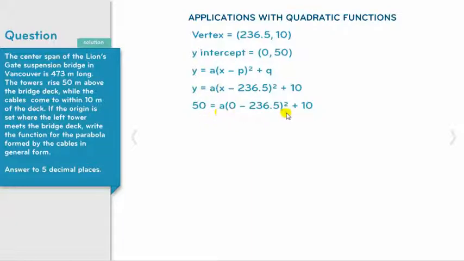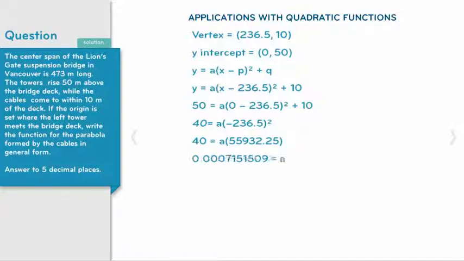At this point, we know everything in our equation except for a. So now we're going to do some algebra following our order of operations and solve for a. The first thing that we're going to do is subtract 10 from both sides. So subtracting 10 from both sides leaves us with 40, and 0 minus 236.5 is negative 236.5. Now I'm going to take that negative 236.5 and we're going to square it. When we do that, we get 55,932.25. Dividing both sides by that number leaves us with an a value of